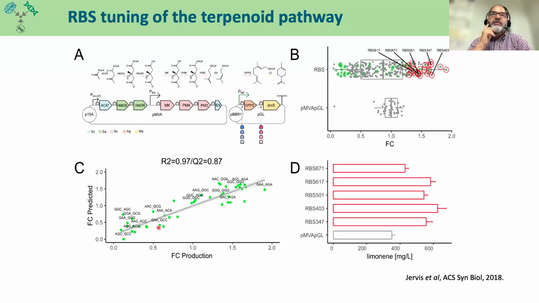So the approach was quite successful. You can see here how well the production correlates with the predictions for every point that we tried in the lab. And we were even able to identify those strains or those combinations with the highest titers. So I believe that what this is showing us is that sometimes, when you are in a very focused problem like this one, it is more powerful to train a predictive system that will learn the context information related to this particular problem, rather than using a mechanistic model like the one in the RBS calculator, because this is not taking into account all of this information about the